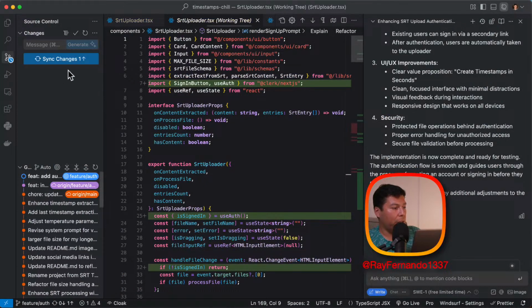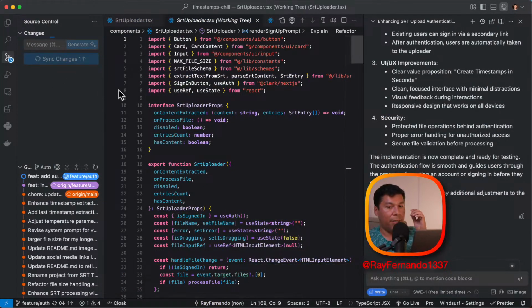I'm going to commit these changes to make sure that they're basically up there so we don't lose them, and then kind of move forward from there. So,